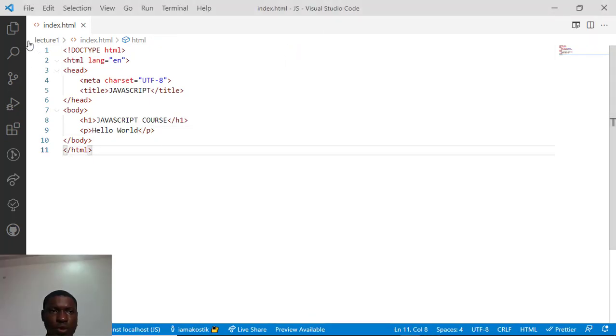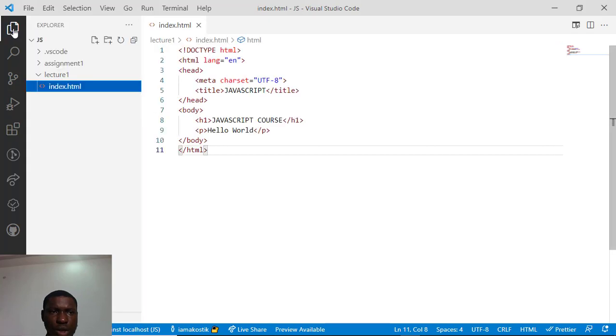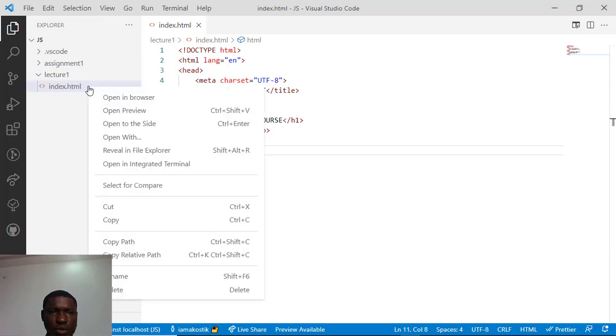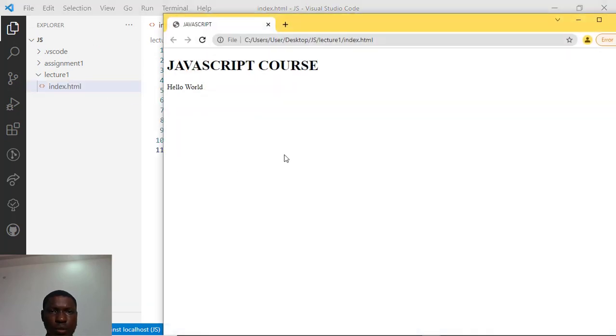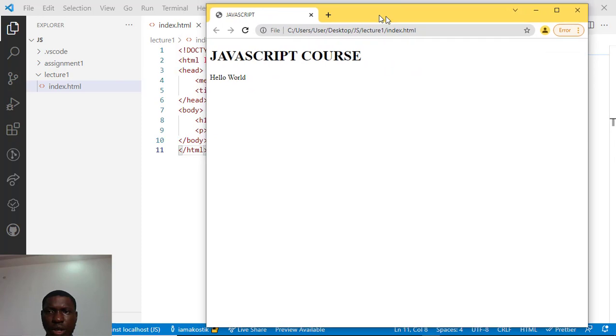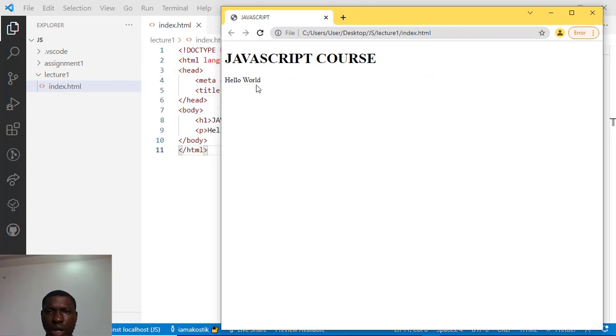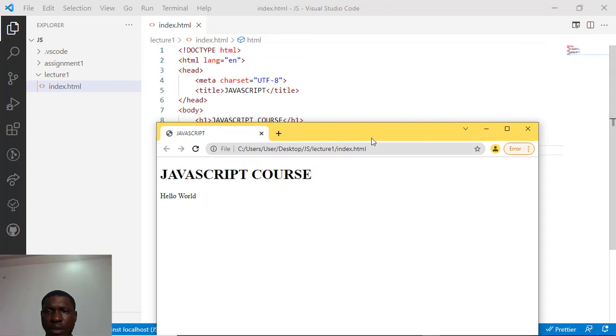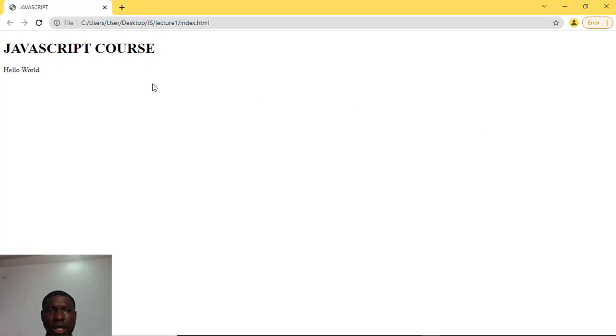So another way to preview this code is to click on this particular explorer, and then you simply just right click and you click on open in browser. Now when I click open in browser, it's going to open this in my Chrome browser. So this is Chrome browser right here, and you can see that Chrome browser also looks similar to what I had in the preview window. So I'm just going to expand Chrome browser, and then I'll show you some of the features in Chrome browser that would allow you run JavaScript code.